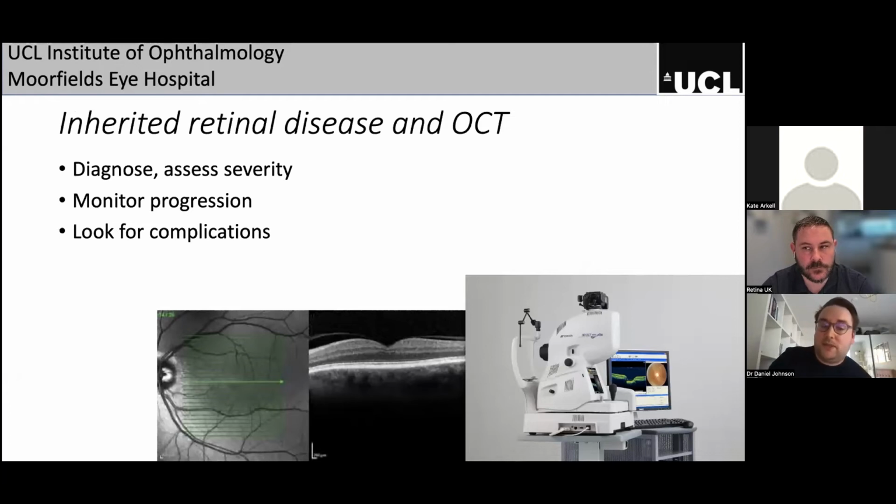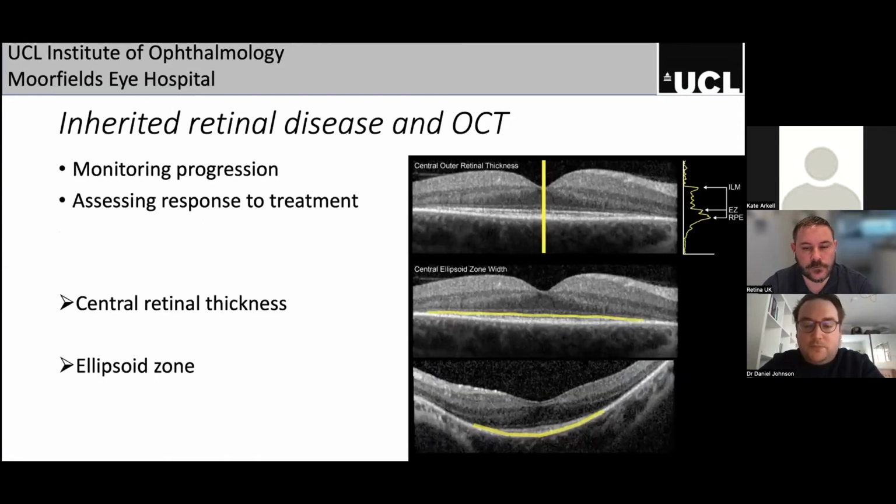Well, firstly, it helps in the diagnosis. It helps to assess severity, helps us to monitor progression, and also look for complications. And not only can we just look at the scan, we can actually take physical measurements. So if the scan is good enough, we can measure that on the software which is associated with the scan, or we can do that manually ourselves with some other type of software. And this becomes important